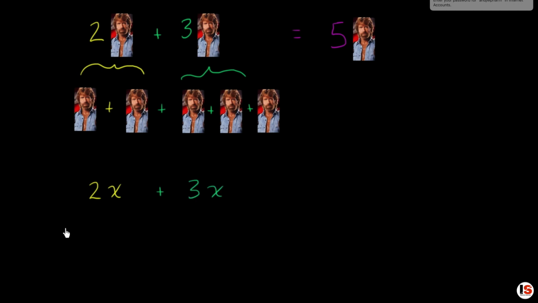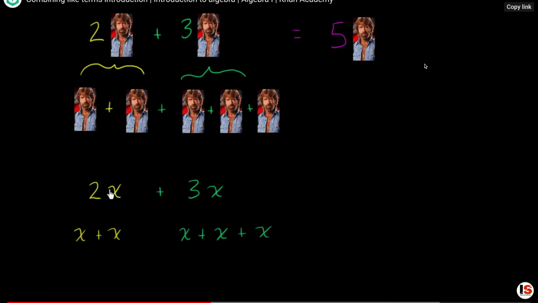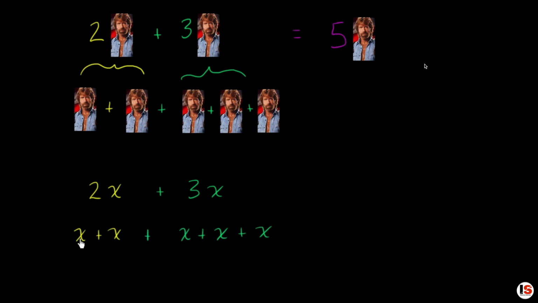Well, once again, 2 x's, that's 2 times x. You could view that as an x plus an x. We don't know what the value of x is, but whatever that value is, we can add it to itself. And then 3 x's are going to be that value plus that value plus whatever that value is. And so how many x's do I now have? Well, I'm going to have 1, 2, 3, 4, 5 x's. So 2x plus 3x is equal to